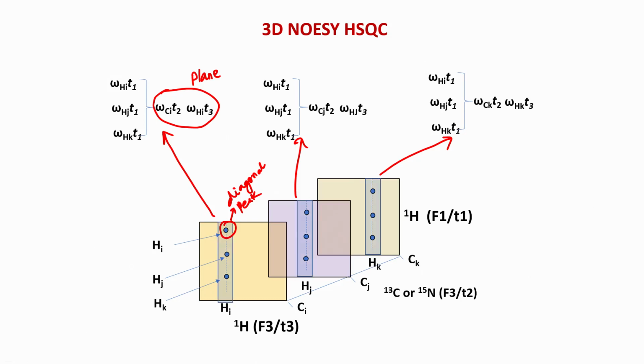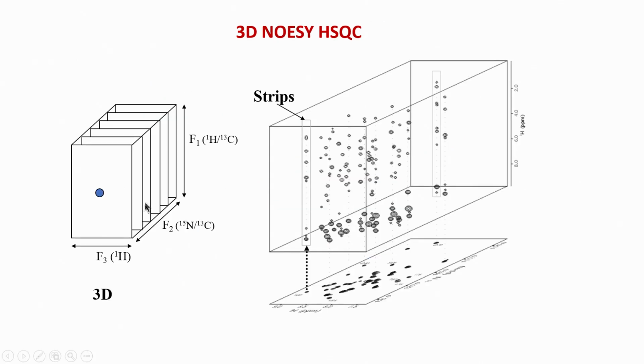Now, we can analyze this in a strip manner. So, we can cut out strips like this and display them on a computer and analyze like that. So, this is how 3D NOESY HSQCs are analyzed in a strip manner, and this is something we will see in a 3D spectrum. So, this is what I showed you, the 3D plane mode, and this is a spectrum of a real molecule. The NOESY HSQC of some molecule is like this.